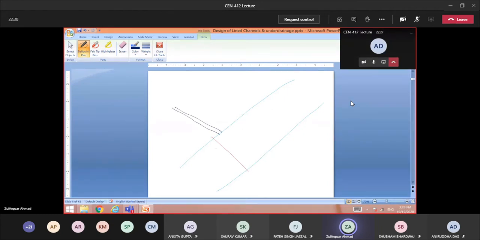One part, this one is a divide wall. I will explain that one in the next lecture, but I want to explain about that. You see that component. So here is a divide wall that is being provided. This portion is the undersluice portion of the barrage, and the crest of this one is kept lower than this, which is the weir proper. And the flow is coming like this, right? Now this is a canal which is off-taking from this, and here is a gate that is being provided.